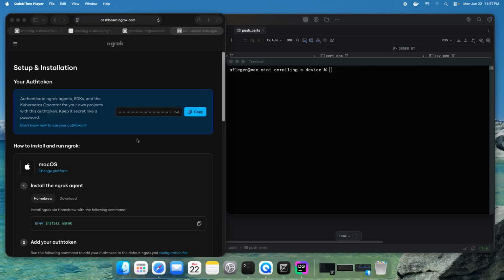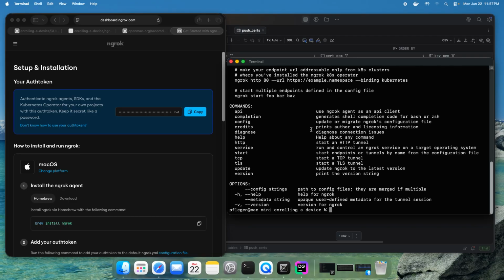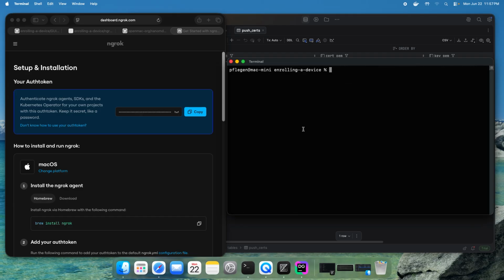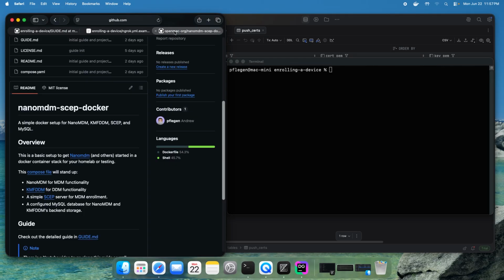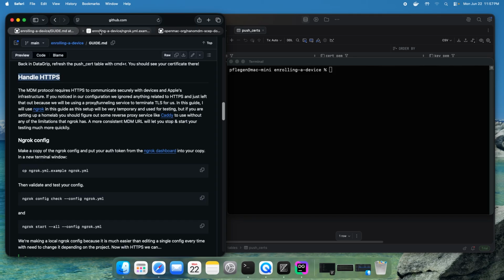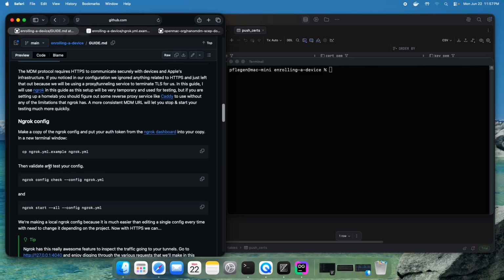So I just signed into my ngrok dashboard and copied my auth token and put it in that spot in the config file. And then make sure I had ngrok installed. You can just do ngrok -h and it shows you help for it. And so next step is doing a config check. So if we do ngrok